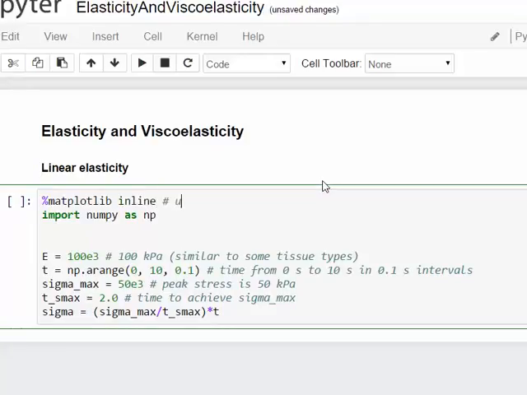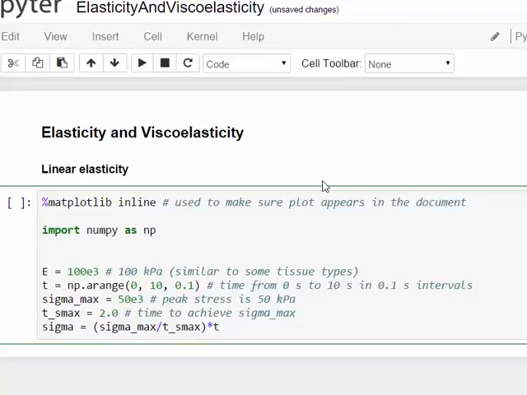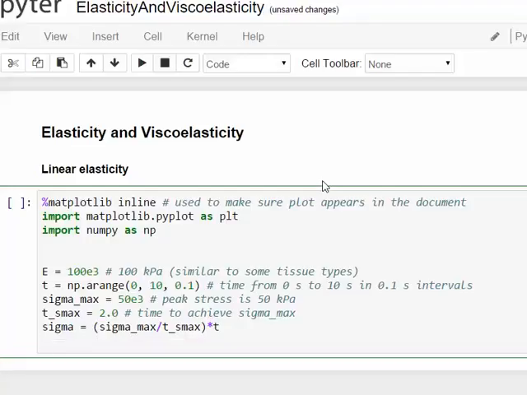This is used to make sure the plot appears in the document, and import matplotlib.pyplot as plt. So if we now plot t versus sigma,